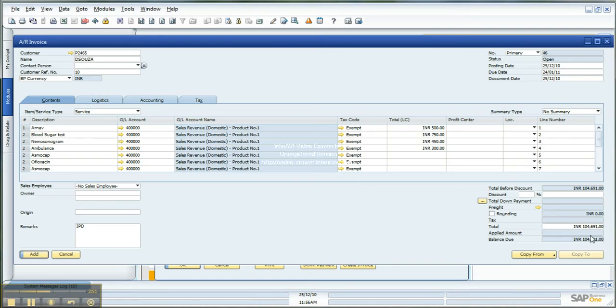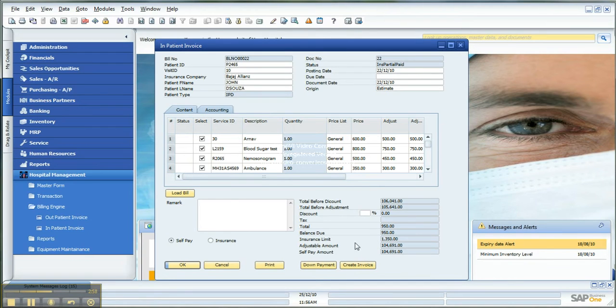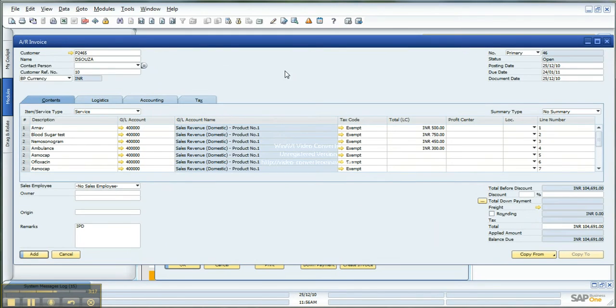You can see that the patient's insurance limit was around 1,350 rupees, and the self-pay amount is around 1,04,691. We have already created a bill for 1,350. Now we will create another bill for 1,04,691 rupees. We'll open this invoice again, and from here we can add this bill